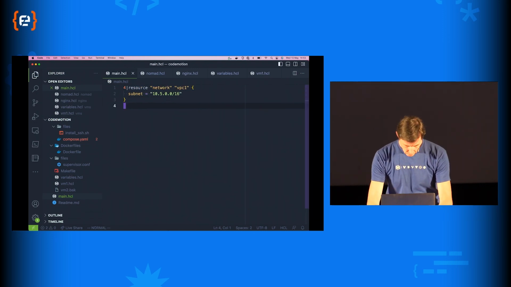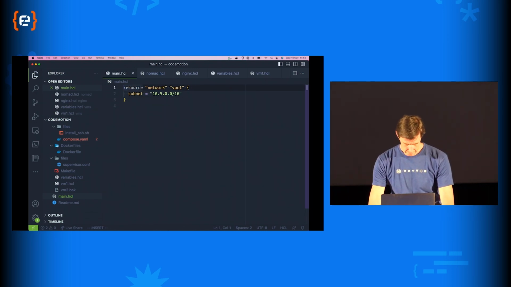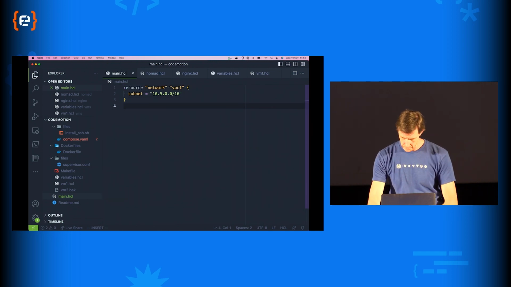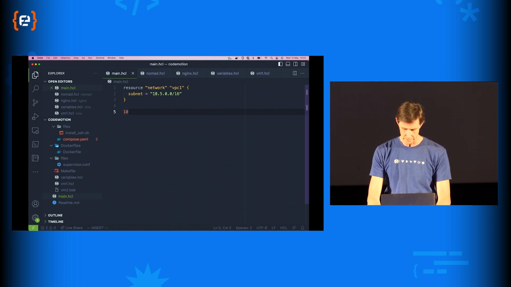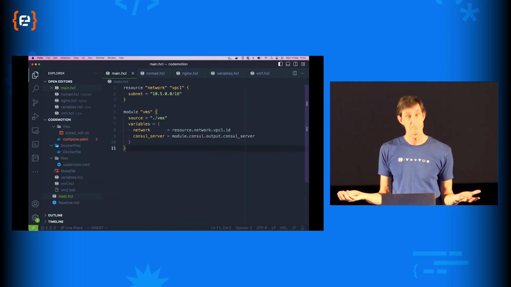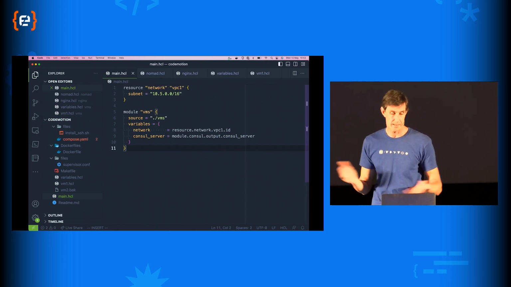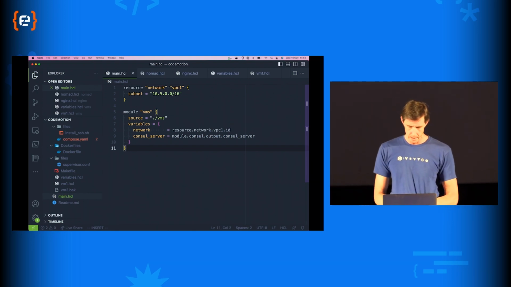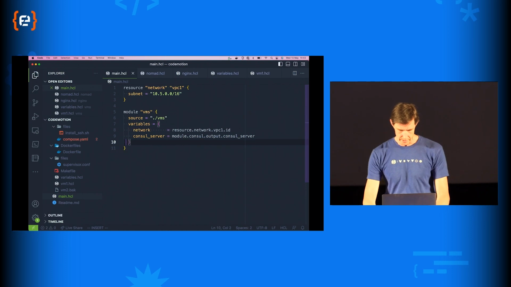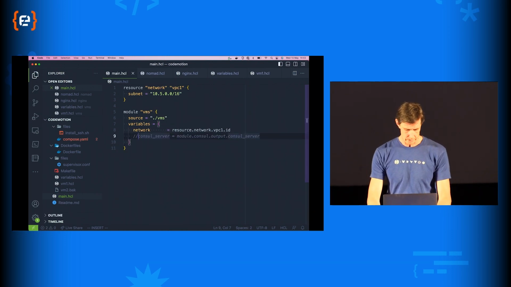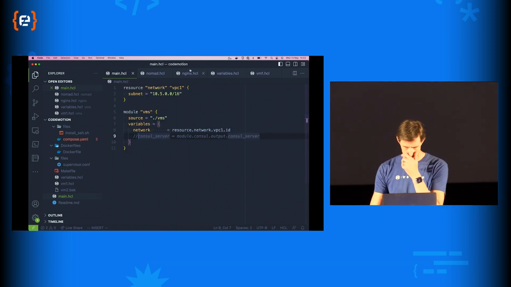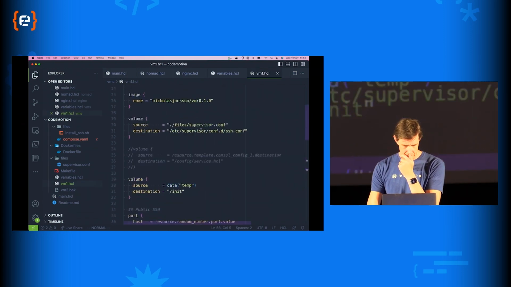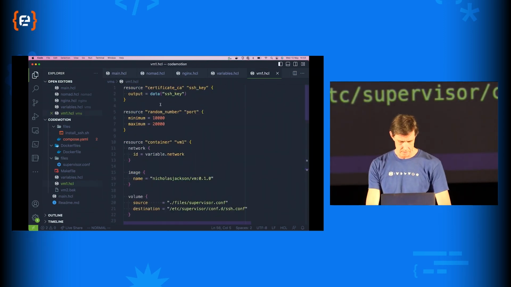What I need to do is add the module. Because the module can reference other elements, we can make things reusable. So the VM that I'm creating, I can use time and time and time again. So we can run that. Let me just comment that line out. We're not going to use that right now. And let's double check that I've not made any mistakes, and we'll run that.